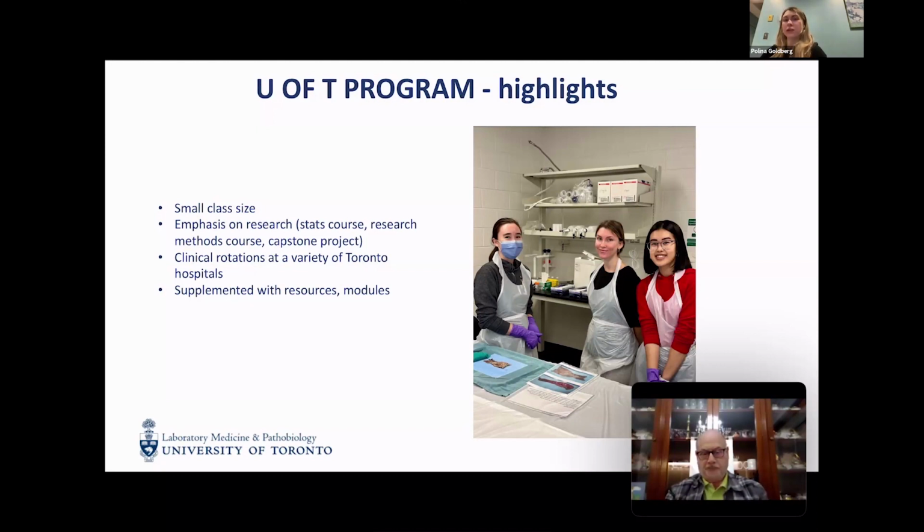Next, one of the things that really stood out to me as opposed to some of the other programs in Canada is the fact that you get to rotate through a variety of hospitals rather than just being at one. Somebody said to me you can almost think of all of these rotations as mini job interviews or kind of like internships. You get to see all these different hospitals in the GTA, see the workflow there, meet the people. Through that, you can see where you might be a good culture fit and where you might want to work potentially in the future.